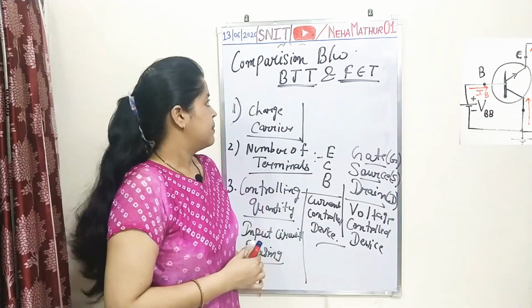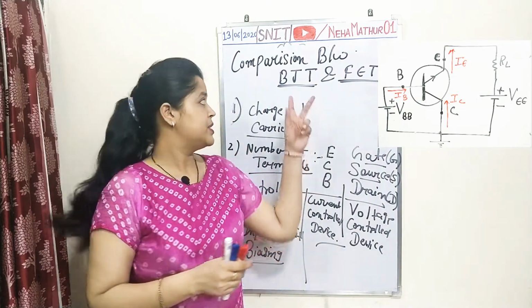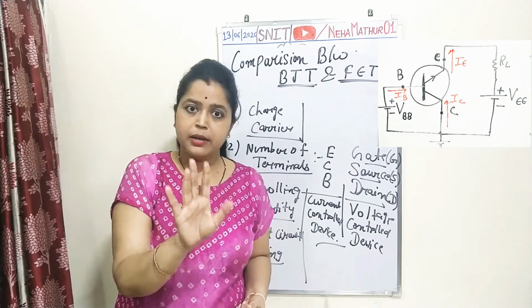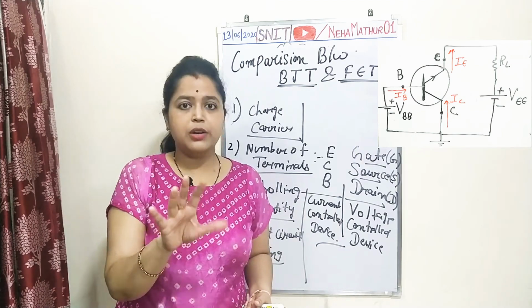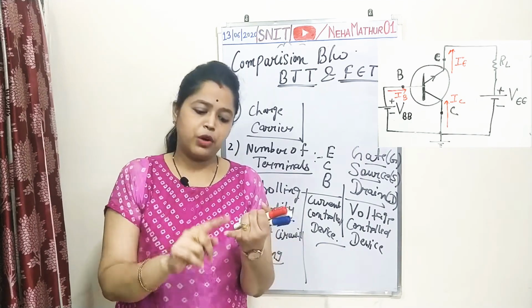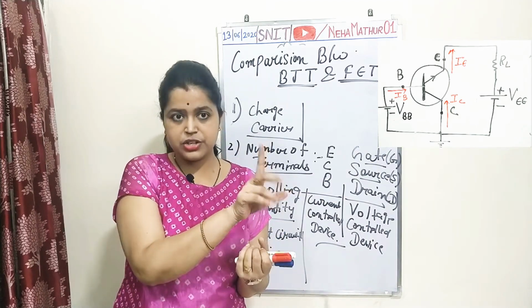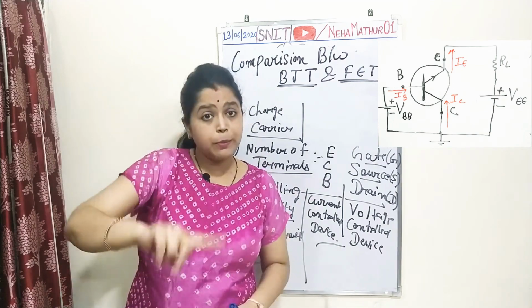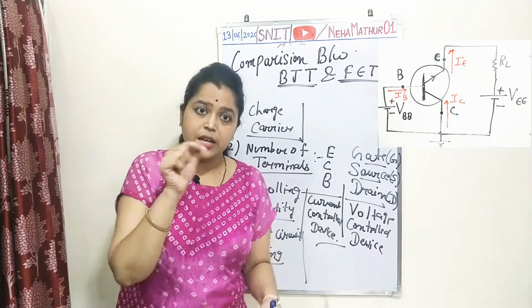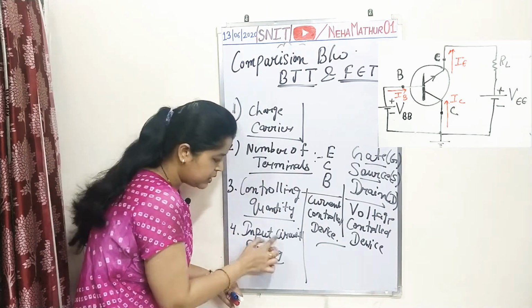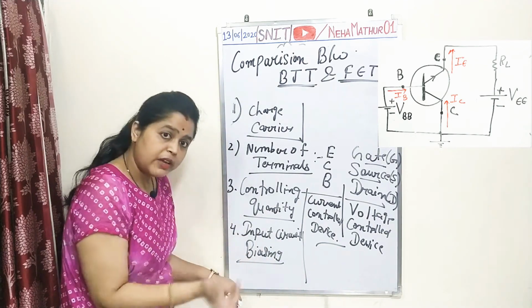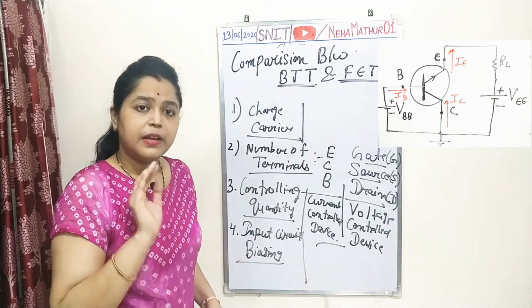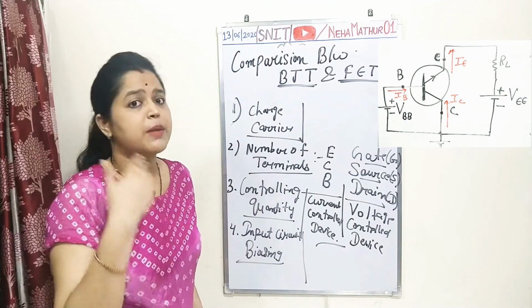See, I am again repeating, as I discussed in BJT, BJT stands for bipolar junction device. That means two junctions, and biasing is important for both the junctions. The biasing may be forward biasing or reverse biasing. The first junction is forward and the second junction is reverse biased. I already discussed this in BJT. So on behalf of that concept of biasing, here the parameter is input circuit biasing. That means whatever the circuit of your BJT or FET, the input circuit is biased with which type of biasing.